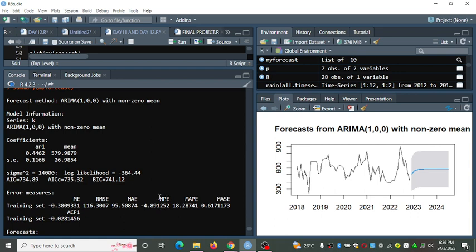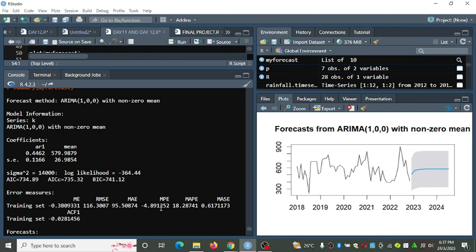So our accuracy of forecast, you ignore this negative here, is 4.8% from the actual point.